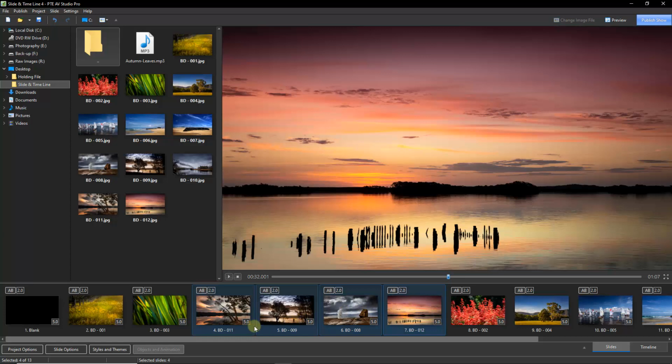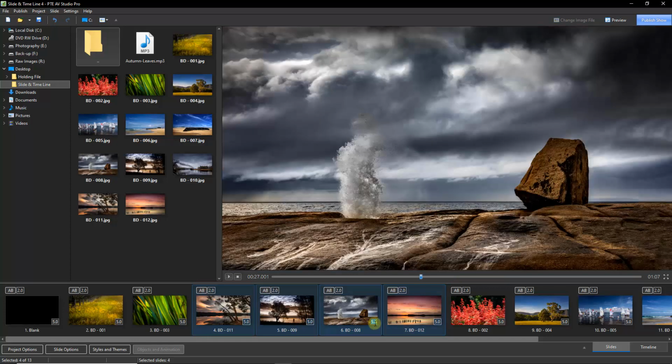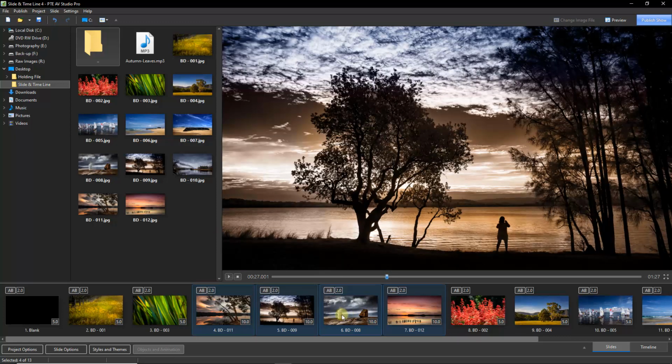If I go to the bottom right corner of any of these thumbnails, I can change the slide duration. So I can just put my cursor into the box, which is reading currently 5 seconds, and if I wanted to increase that to 10, I can do so, touch the enter key, and they're committed. I can do exactly the same now